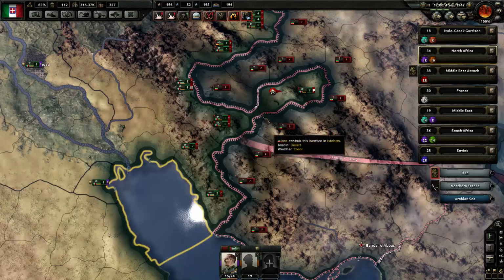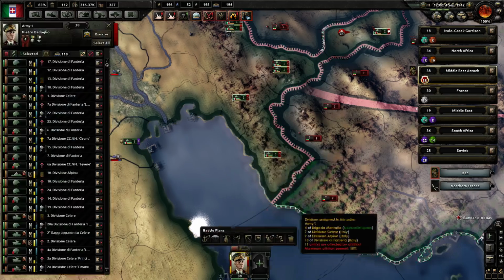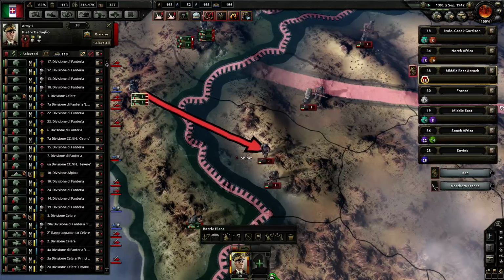What's going on? Right, I guess we are kind of pushing in wonky ways. We can maybe get a little bit of a surround there. If we can get another port over here, that would be nice, because we could get more supplies into this region in general. I'm not sure if attacking there...